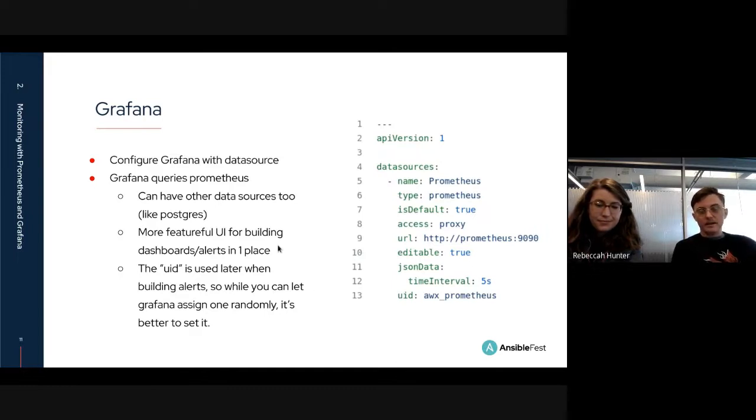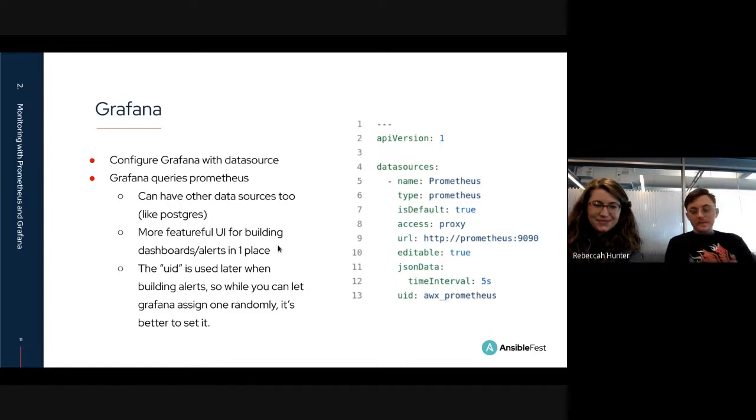Prometheus calls its scraped jobs jobs, and Grafana calls its data sources data sources. So here again, this is from our example that we're going to show you later in the AWX development environment.